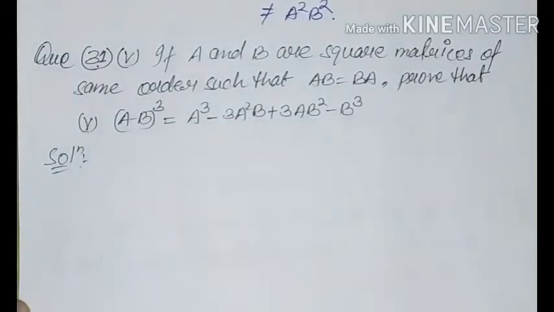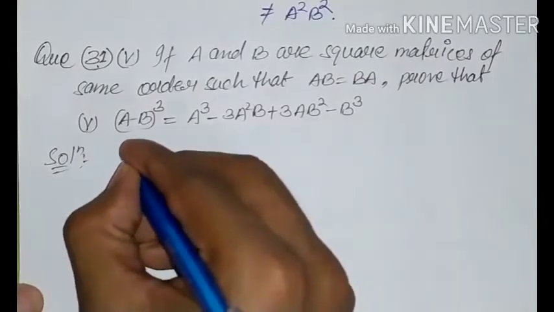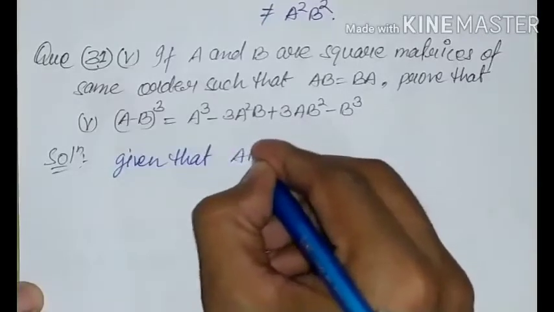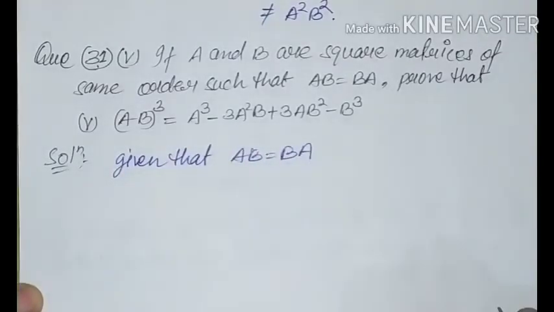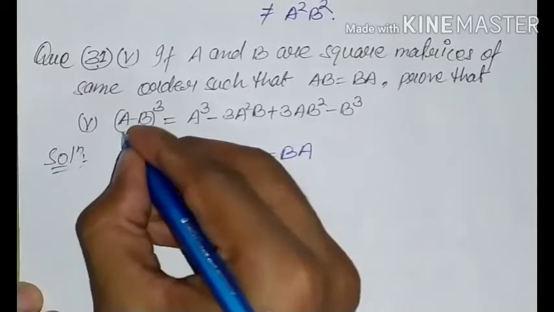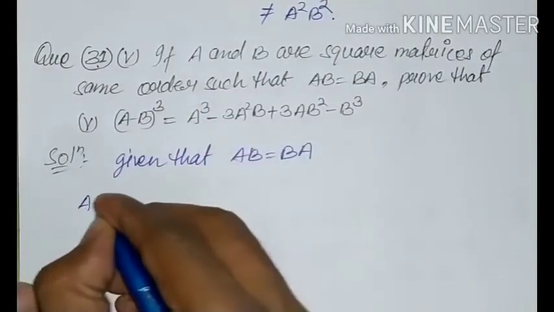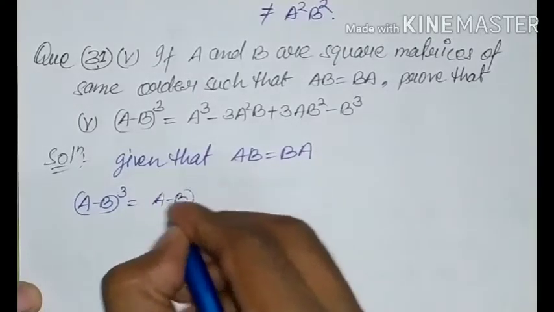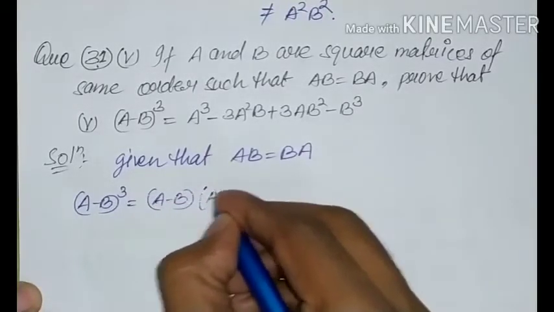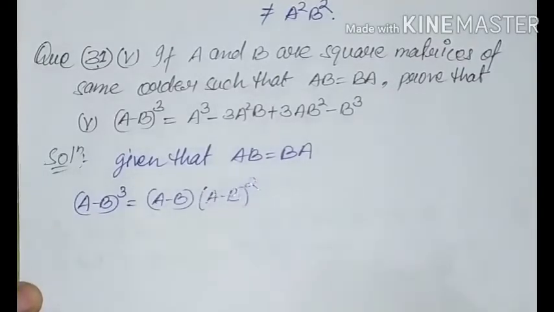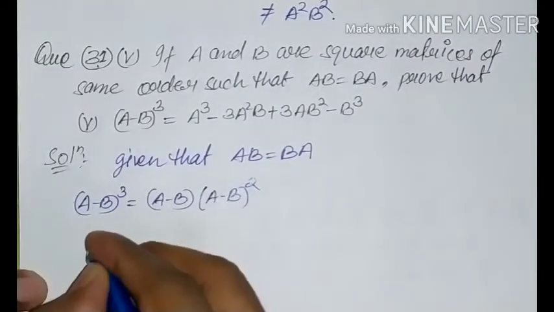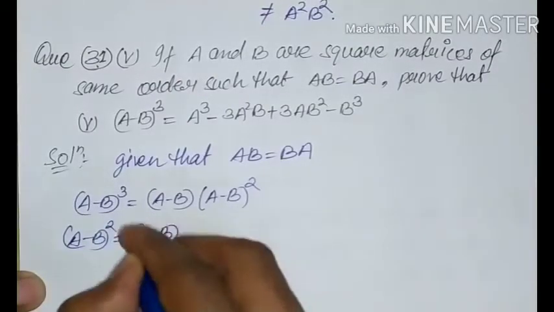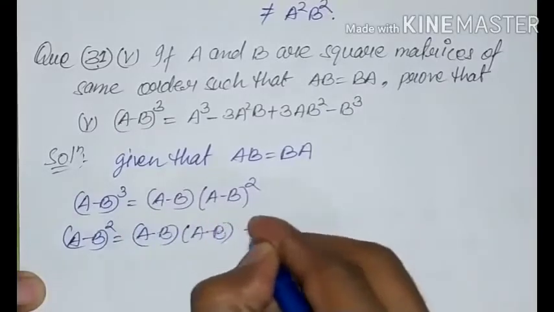since it is given that AB equals BA, I'm going to write here, given that AB equals BA. Now we have to find the value of (A minus B) whole cube. I'm going to write here (A minus B) whole cube. Then it will become (A minus B) times (A minus B) whole square. First we have to find the value of (A minus B) whole square, which is equal to (A minus B) into (A minus B), and which is equal to